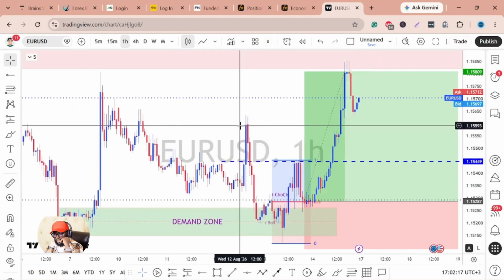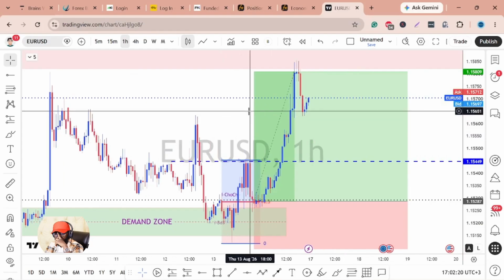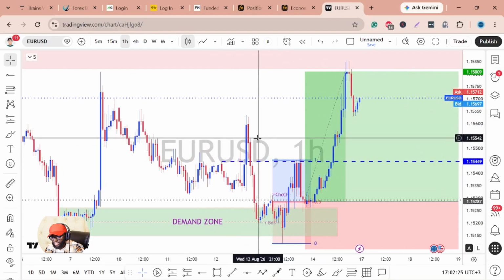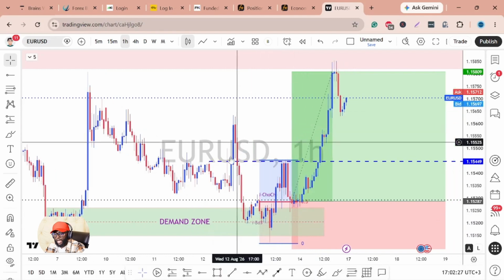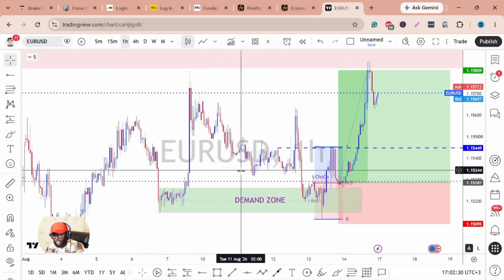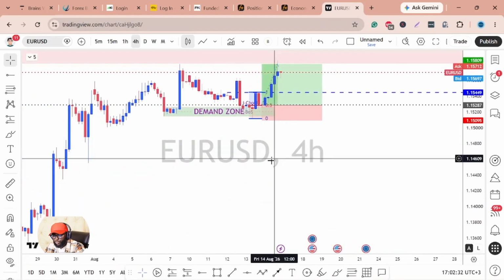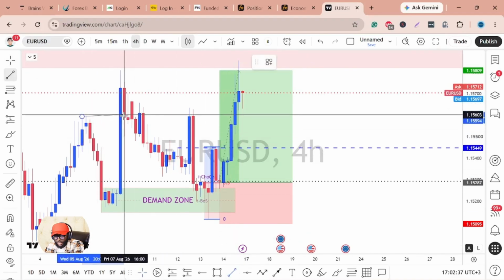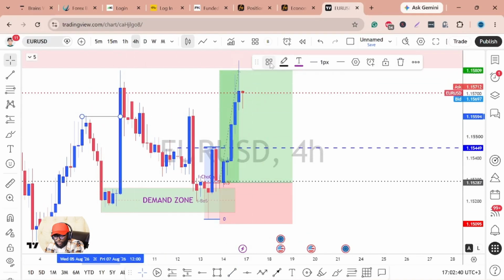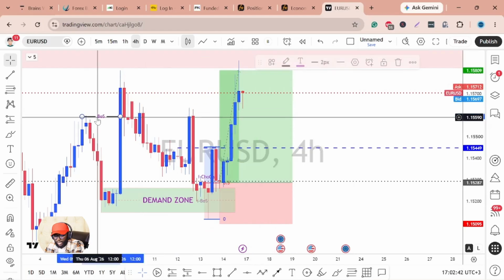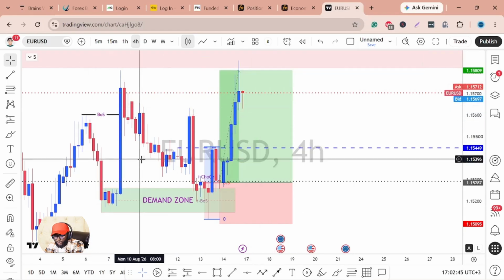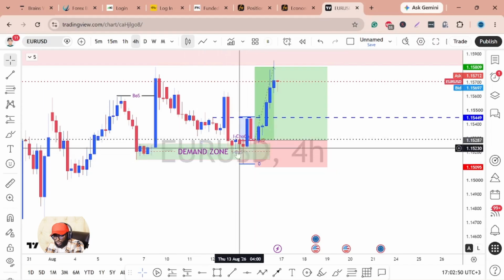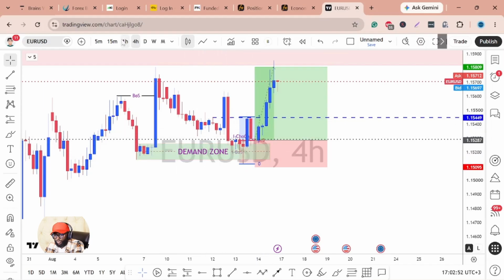Now, after that CPI on Friday, we did see price giving us this signature setup. Remember, if you revisit my last weekly analysis, I said that if EURUSD does not break this level, where we had this demand zone over here, because this demand zone had caused this good break of structure, I was very certain that if price is able to dip down to this level, it would give us our signature setup, which is the